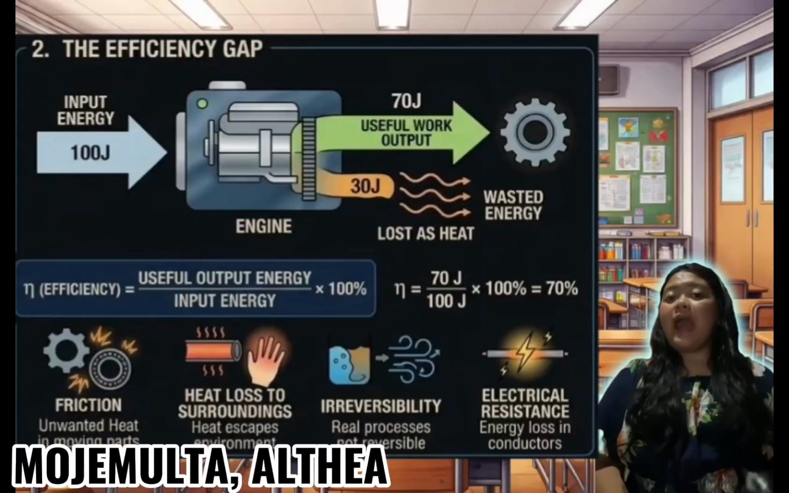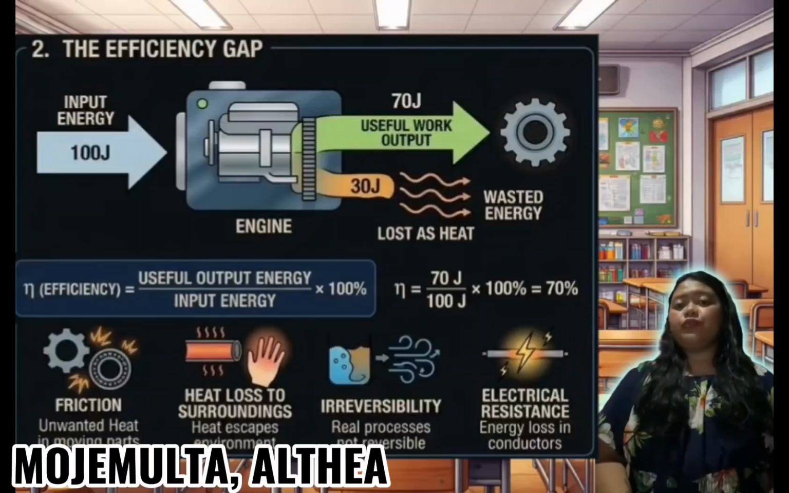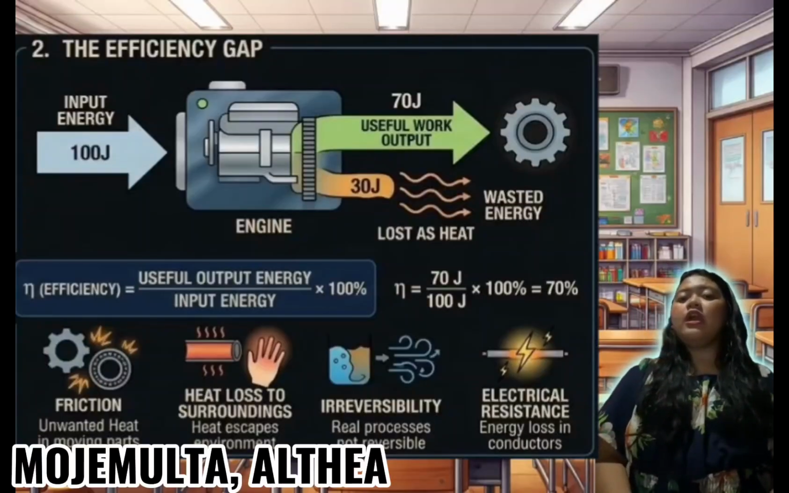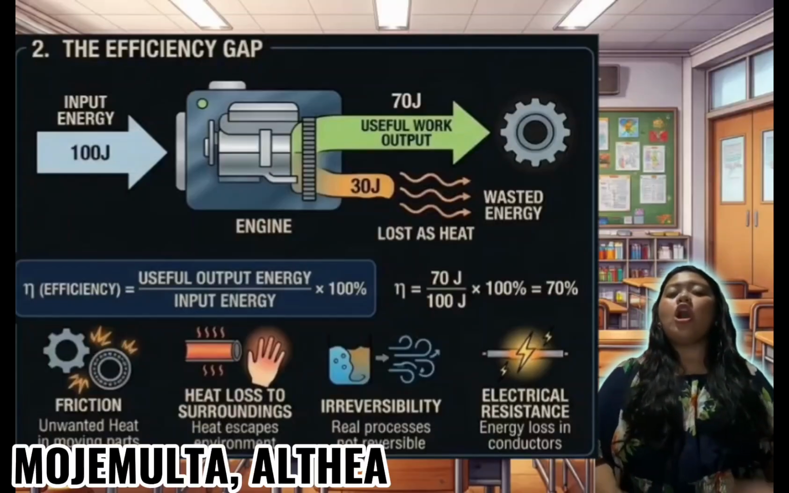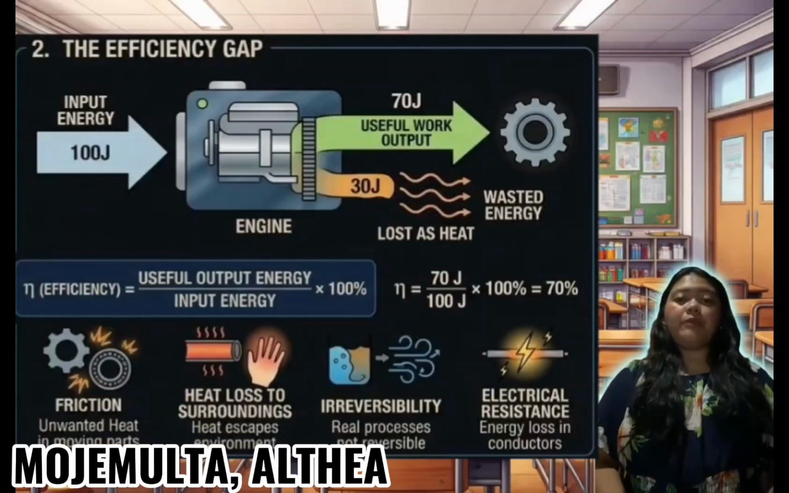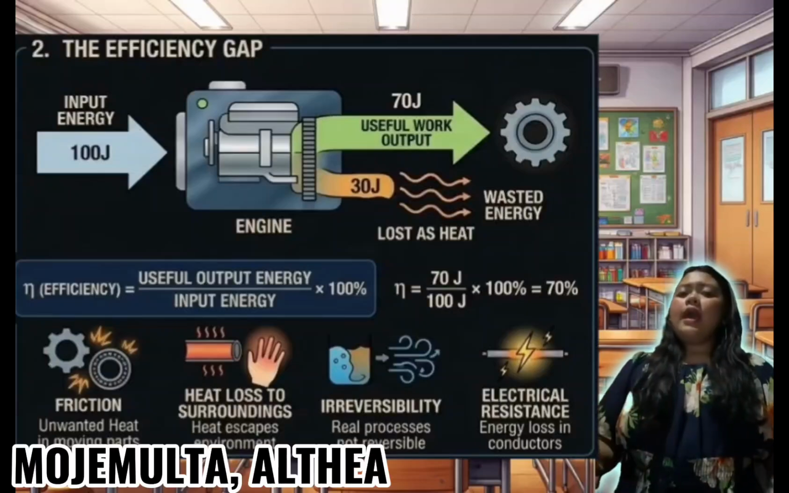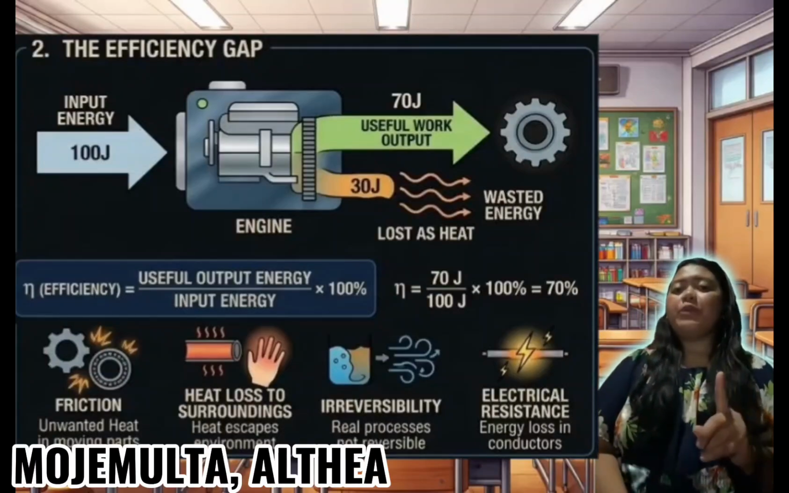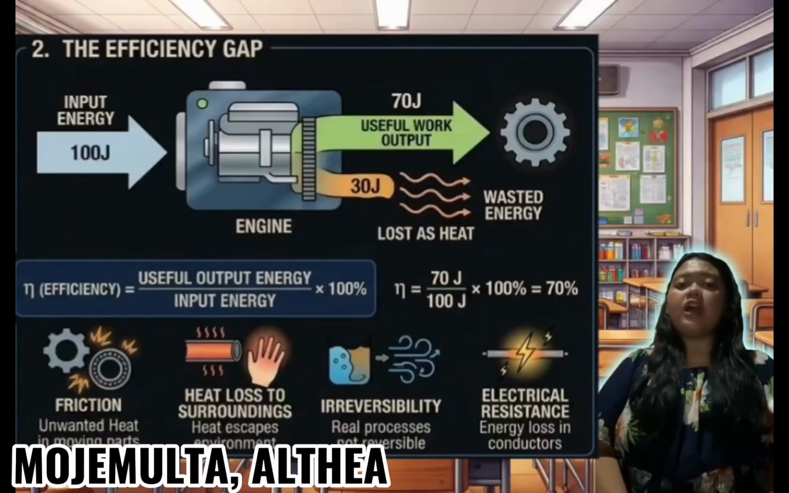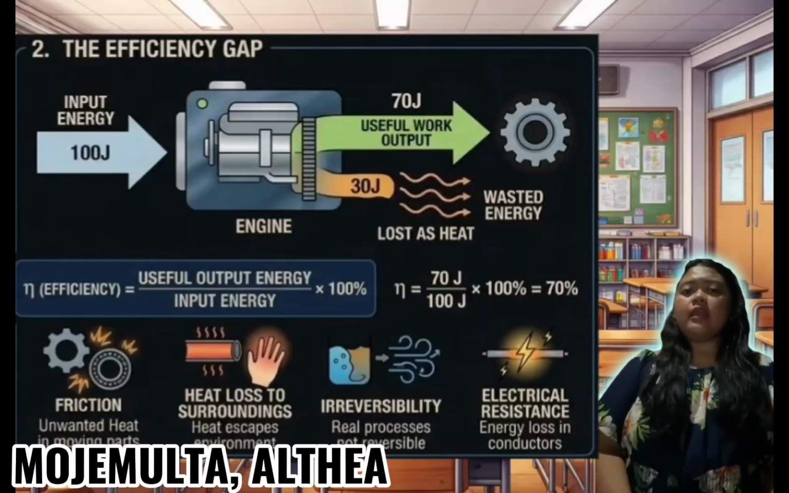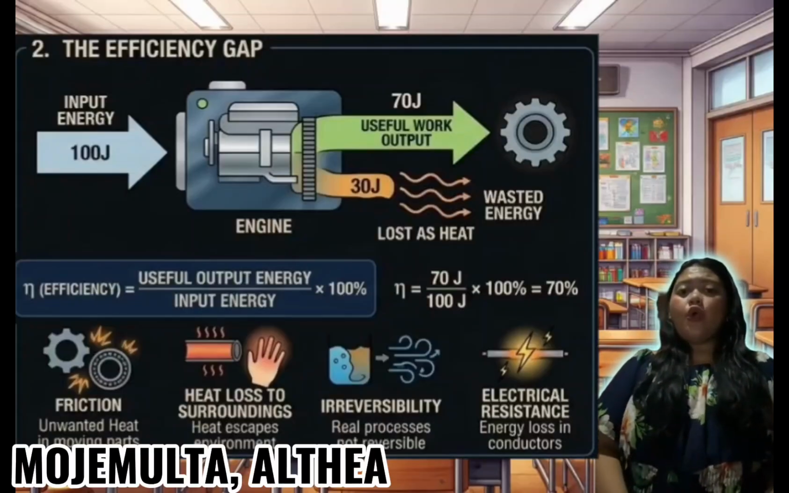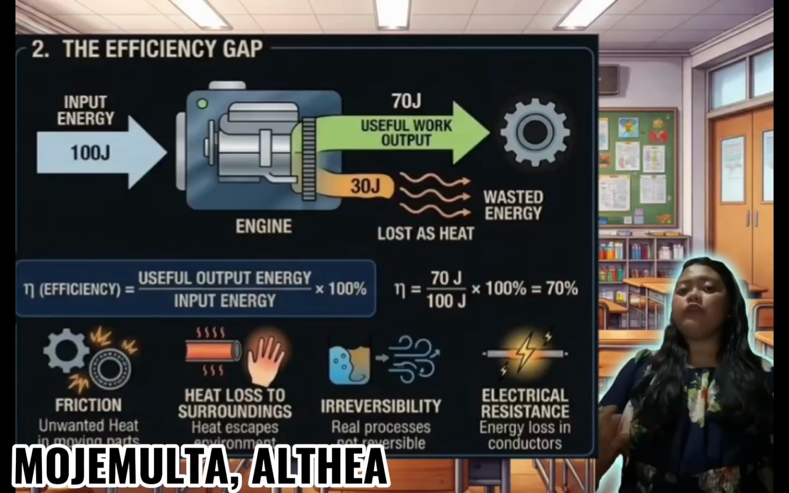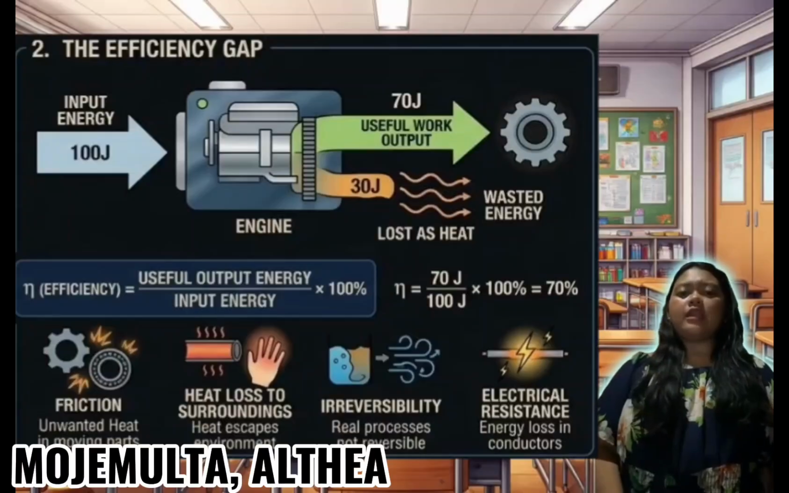Operating costs become higher and more pollution is produced. While improving efficiency helps save energy, reduce environmental damage, lower expenses, and improve machine performance. Energy losses commonly occur due to friction, where moving parts rub against each other and produce unwanted heat, such as in engines, where metal parts waste energy, like heat transfer to the surroundings, where some heat escapes into the